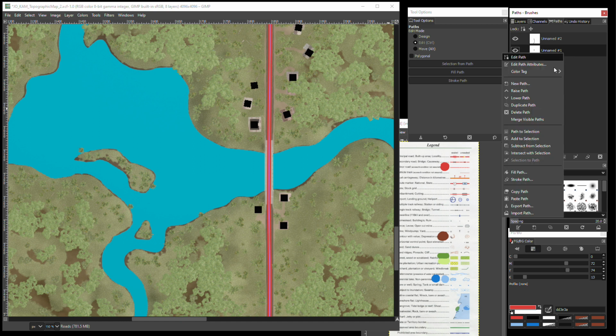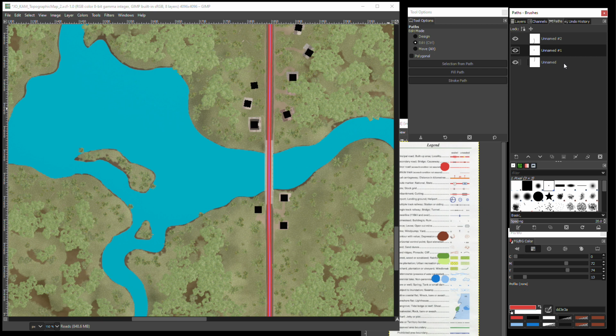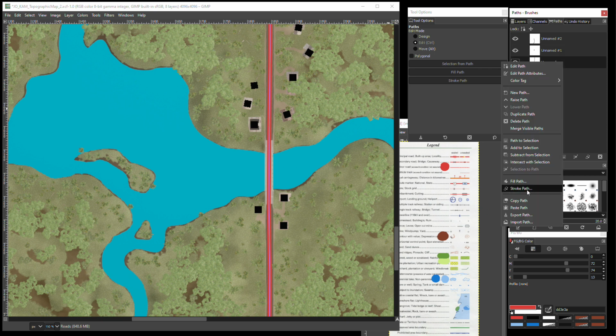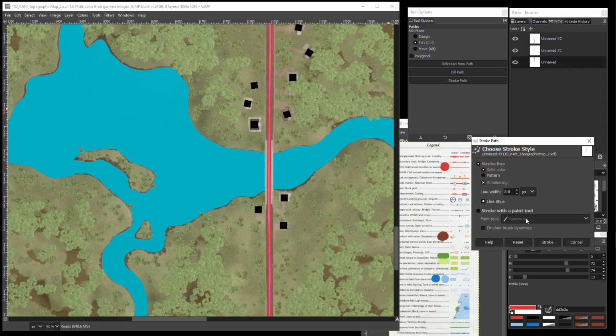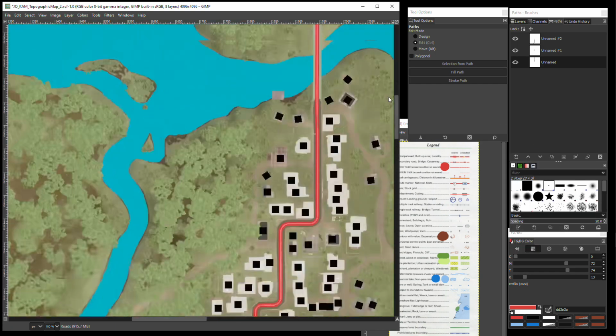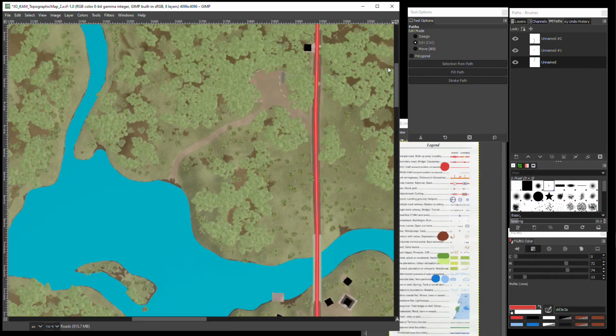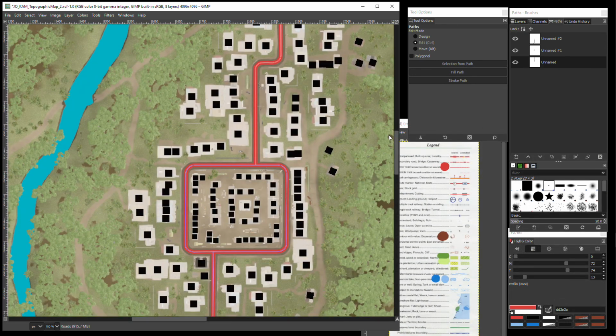We'll go and do the same stroke for these ones as well. We should have nice roads. Okay. Secondary roads are a dashed line, so again it's going to be the